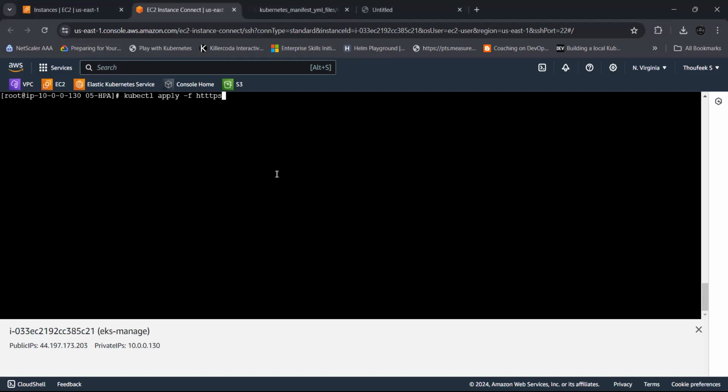For installing metrics, we didn't have any YAML file, so we can use one from GitHub. So kubectl apply, and for the file name we can specify the